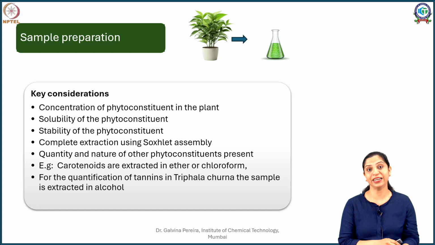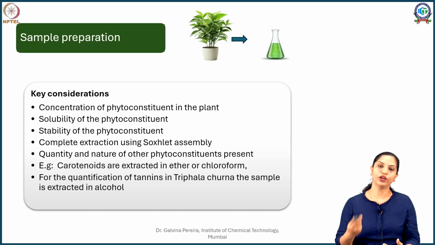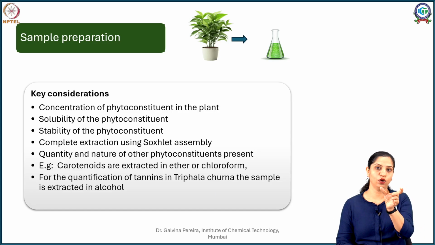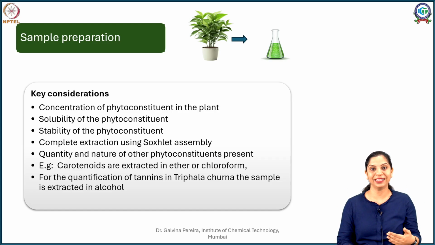And that will be decided by the concentration, which you have to find out from literature, or based on what is called the label of a formulation. So if the label claims your ashwagandha extract is 1%, you do a little back calculation of how much ashwagandha is going to be there in the extract, and so how much ashwagandha is going to be there in the final formulation. Once I do that, it becomes much easier for me to estimate what quantity of sample I need to extract.